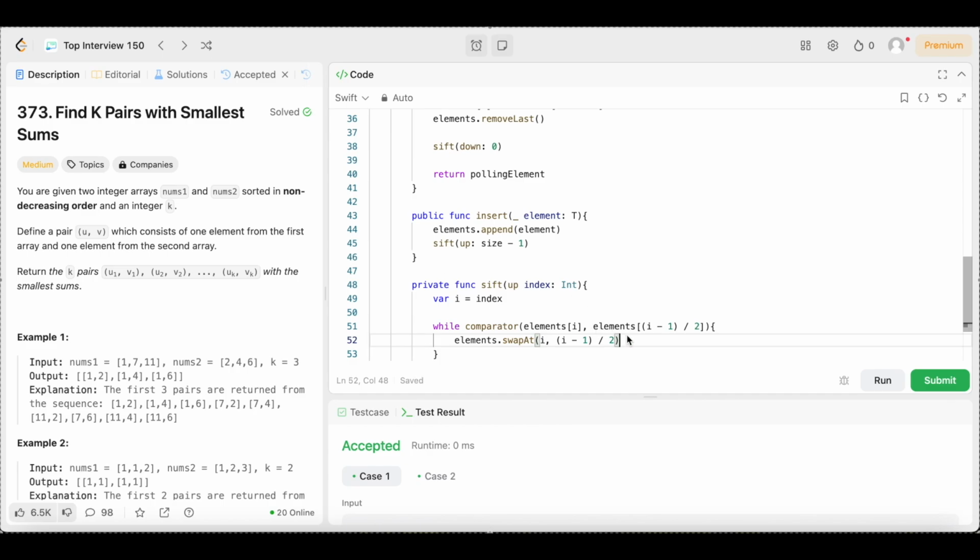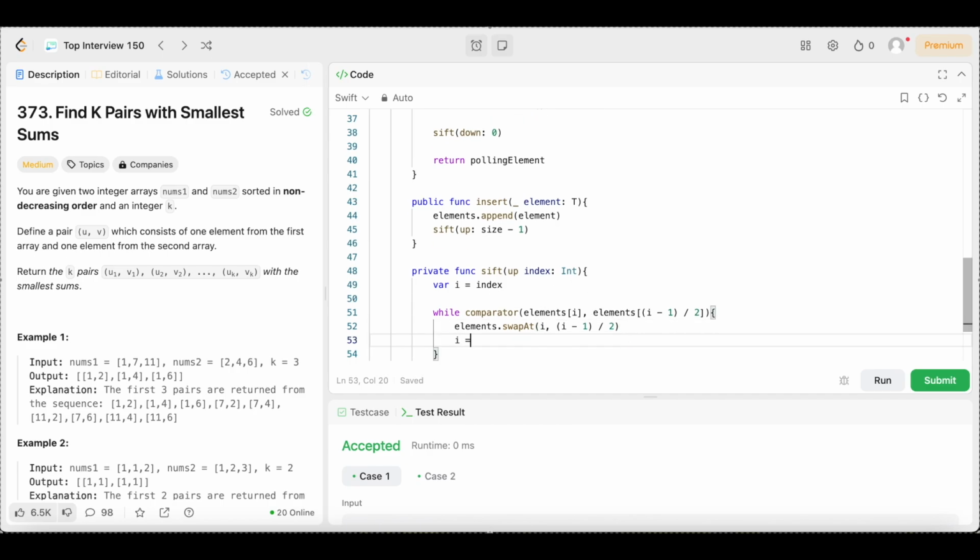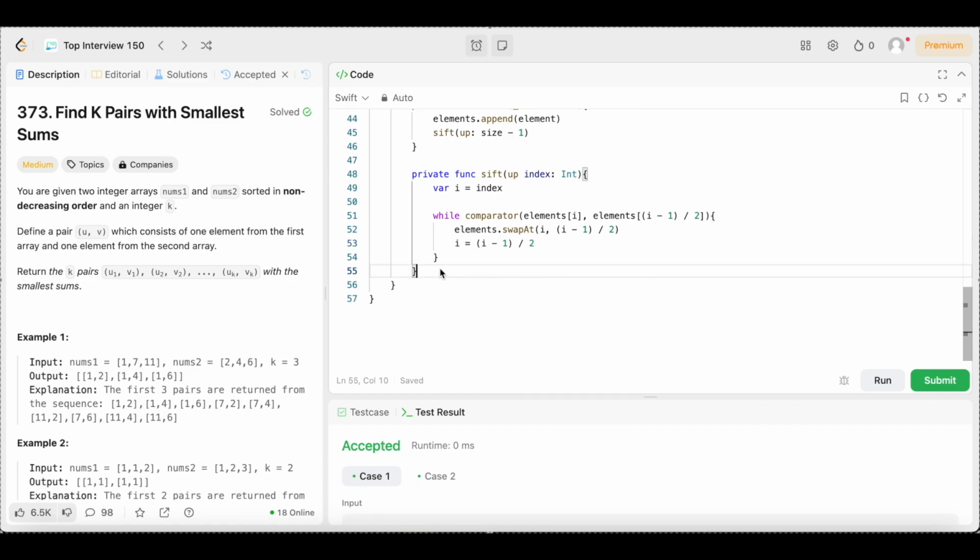Then we're going to come underneath that, and we're going to say i equals (i - 1) / 2. Come outside of the parentheses and divide that by 2. Boom. Not done yet, because we still have more functions to write. So come outside this function, and this is going to move an element down the heap until the heap property